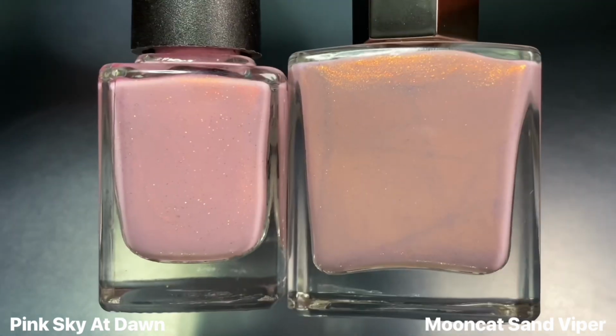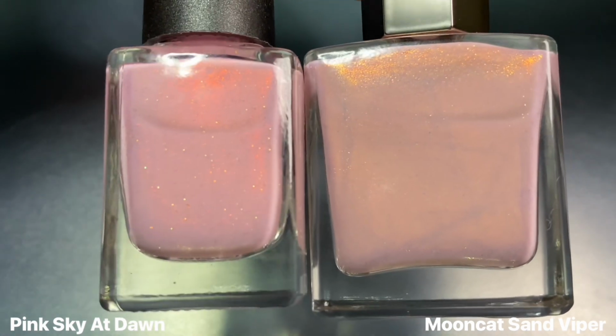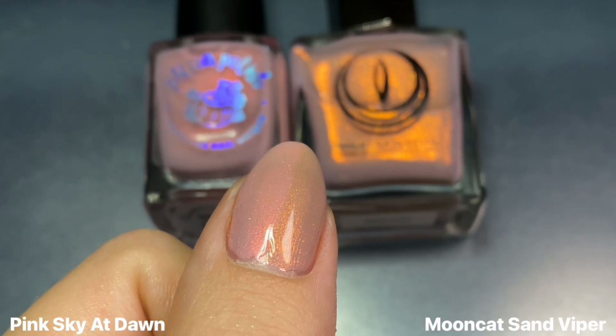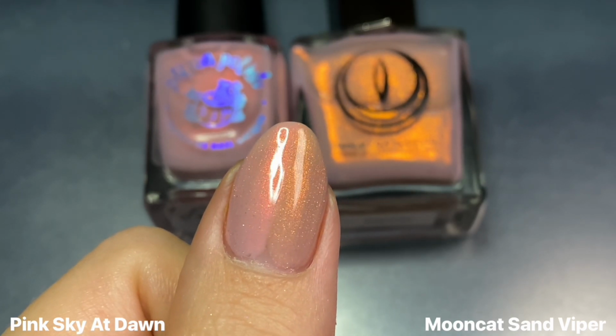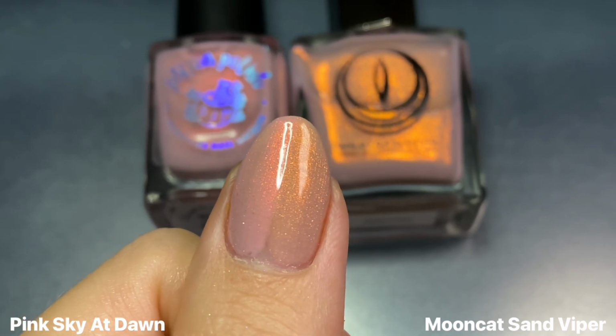Even though I already compared these two in my most recent Mooncat review video, just in case you missed it, here is Pink Sky at Dawn next to Mooncat's Sand Viper. I thought these were going to be a lot closer, but Mooncat's is more of a beige neutral kind of base with a coppery peach shimmer, and Pink Sky is a lot more pink with a red shimmer,